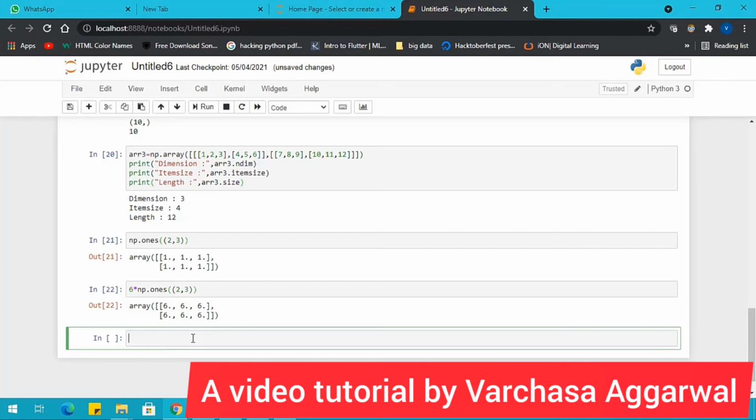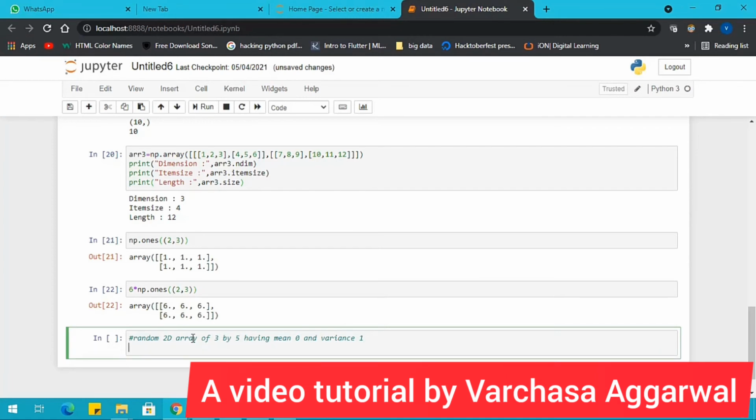Alright, now we will create a random 2D array of 3 by 5 having mean 0 and variance 1. I guess the spelling is wrong. Okay, variance 1.